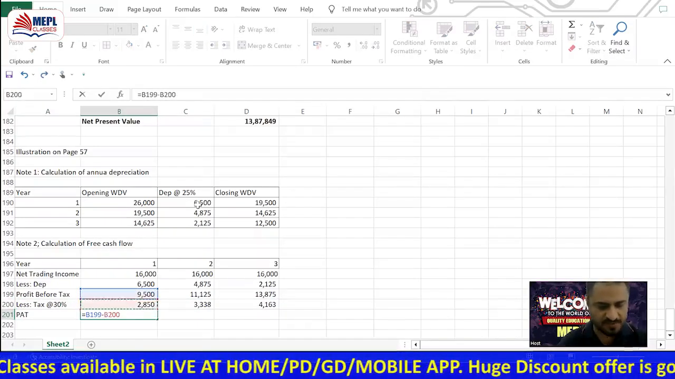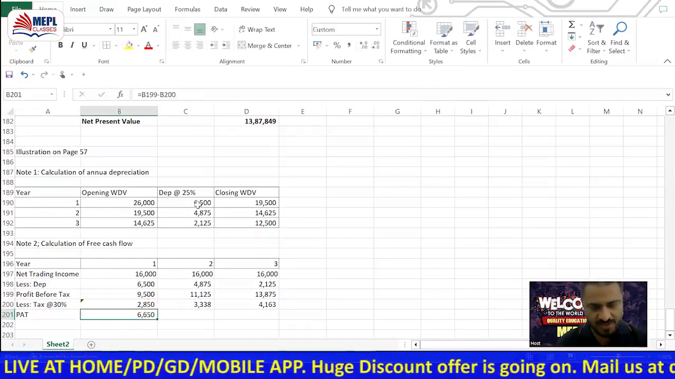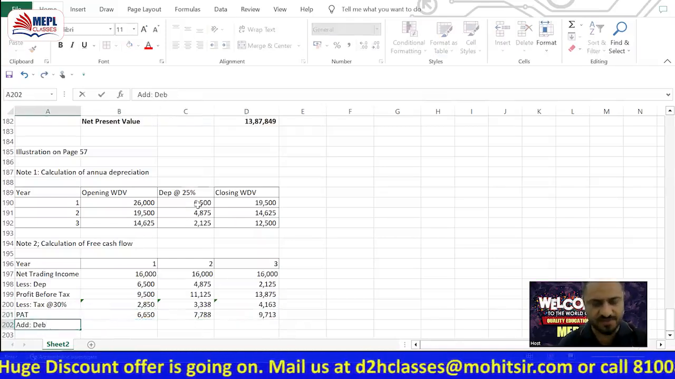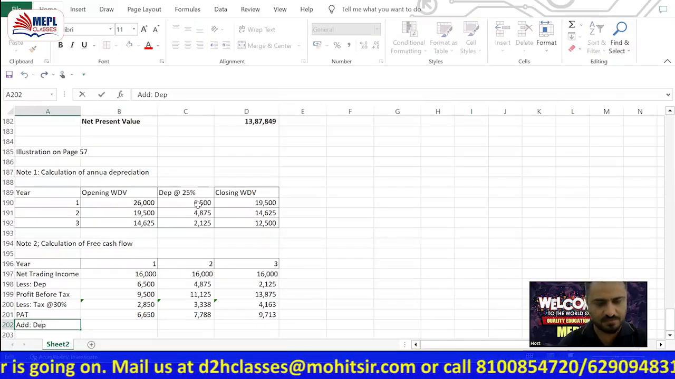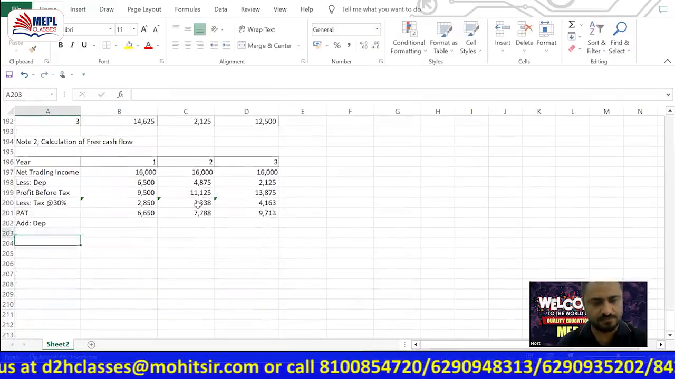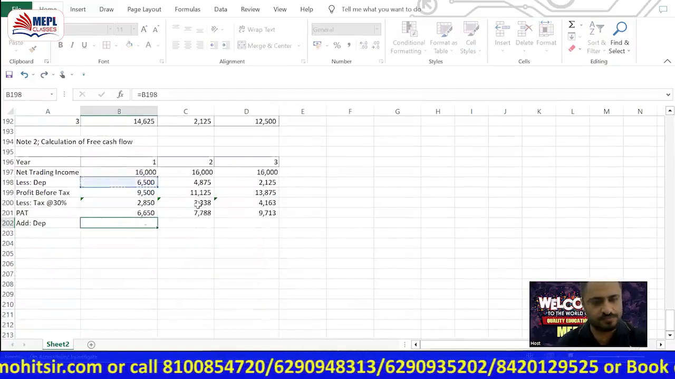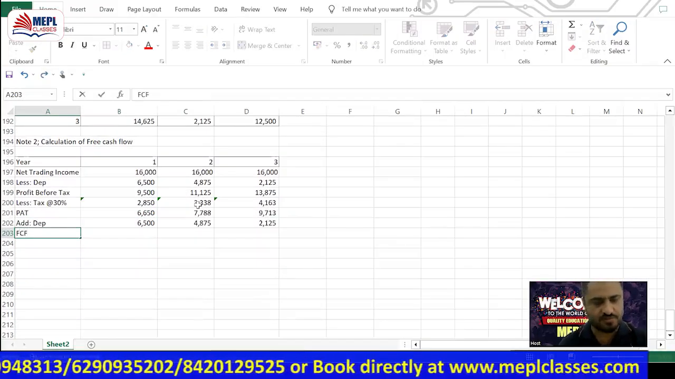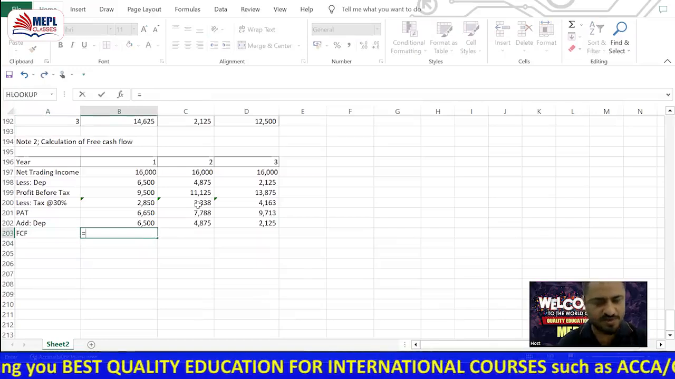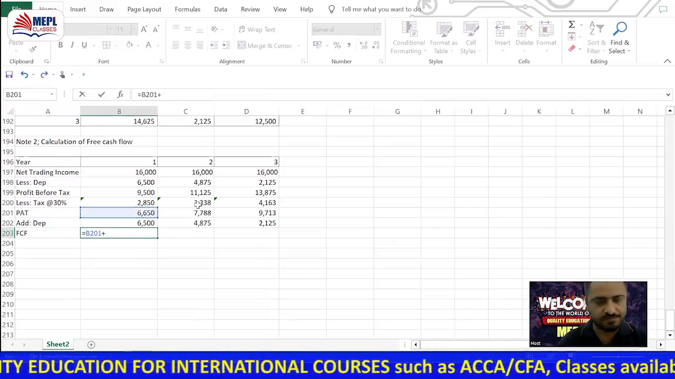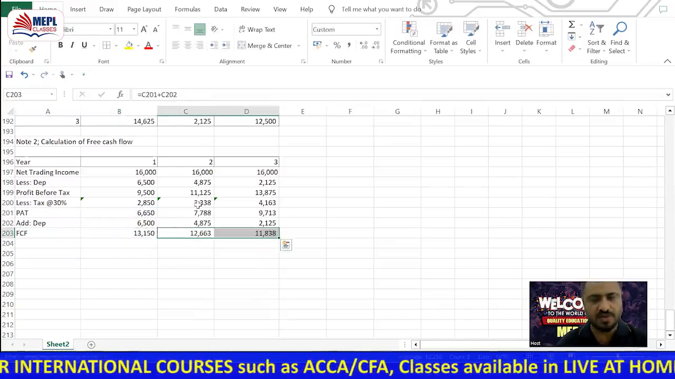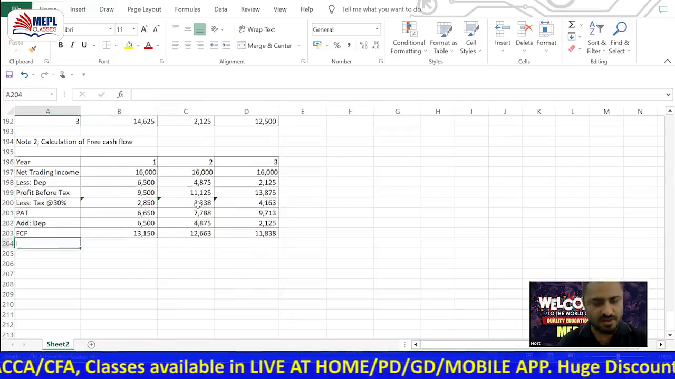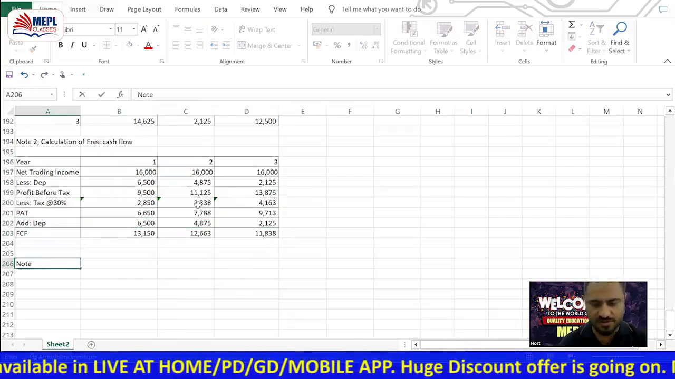Profit after tax will be profit before tax minus taxes. Now you add back depreciation. You get free cash flow or cash flow after taxes, one and the same thing. Now you have the cash flow. Now you can do calculation of NPV